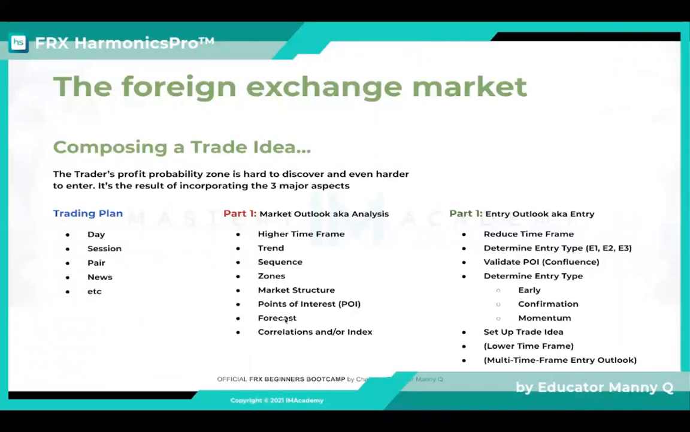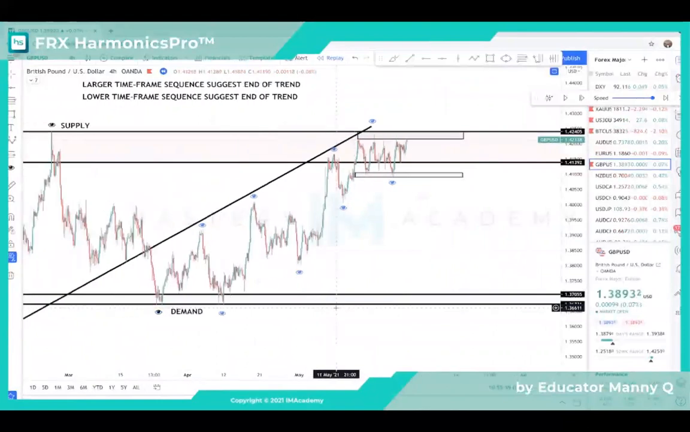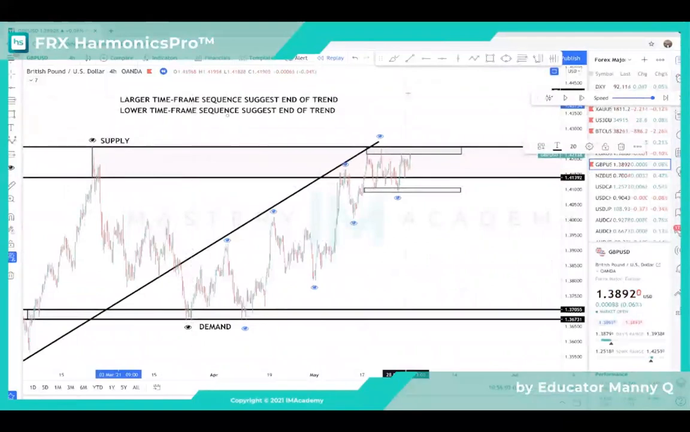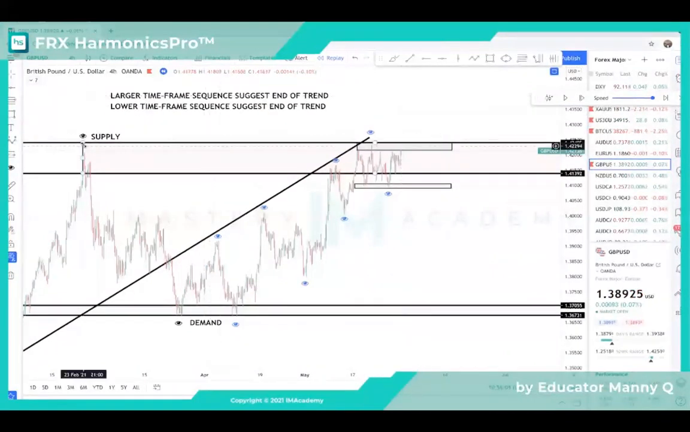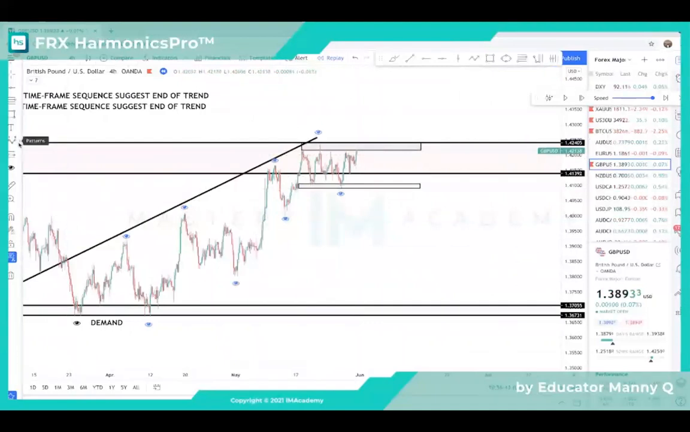The forecast is basically where you are now going to make an educated guess, an educated decision based on where you think the market is going to go. So now my forecast would be to say, again, if the higher time frame sequence suggests an end of a trend, if the lower time frame sequence suggests an end of a trend, if I'm at a supply zone, and I'm here, my forecast would say, okay, I would like to see the market bounce out of this area,